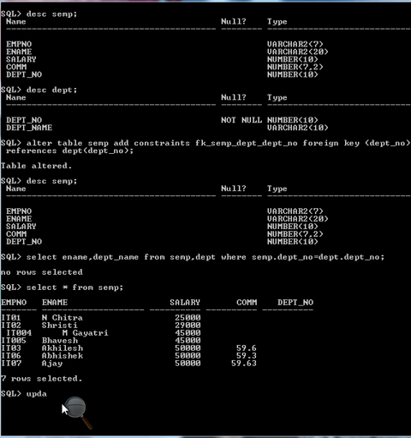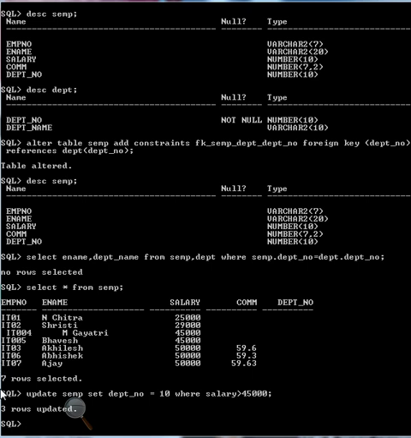Update SEMP set DEPT underscore number equals to 10 where salary is greater than 45,000.